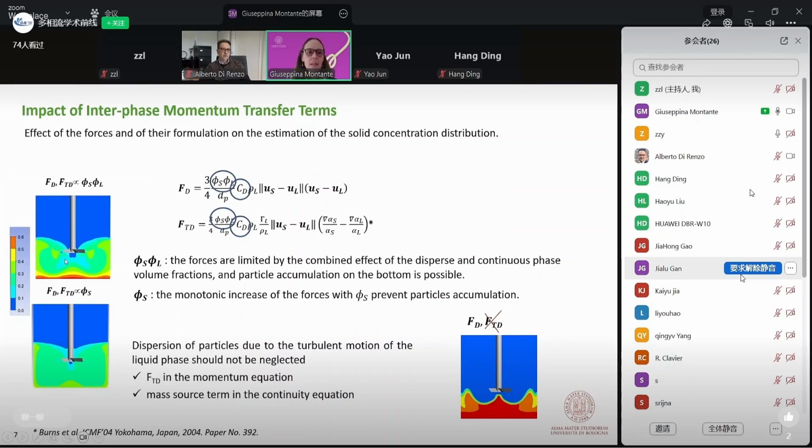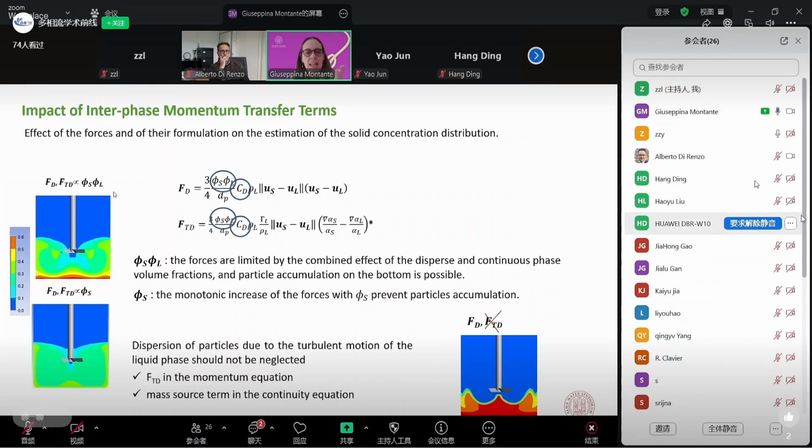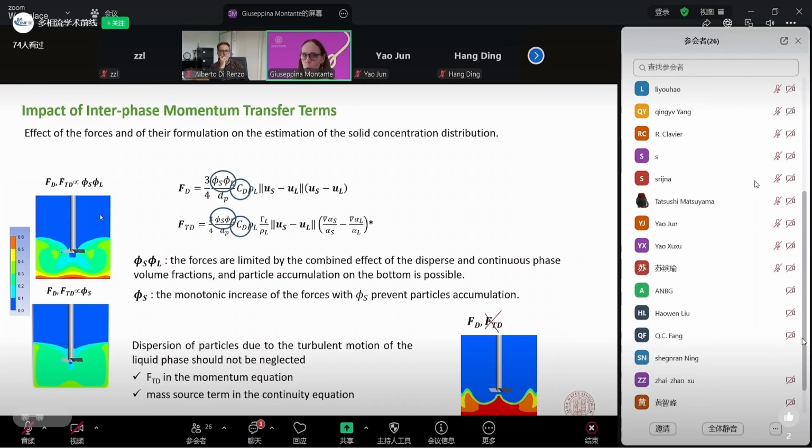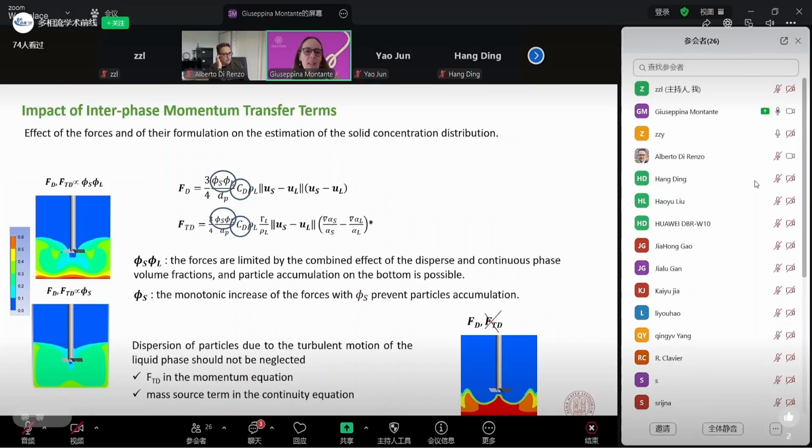we have a lot of challenges to face. I selected here a case of a solid-liquid system, glass particles in water. In these figures, you can see the results of a simulation where we adopted different formulations for the two main forces, two main interface momentum transfer contributions that are the drag and the turbulent dispersion force. I selected this